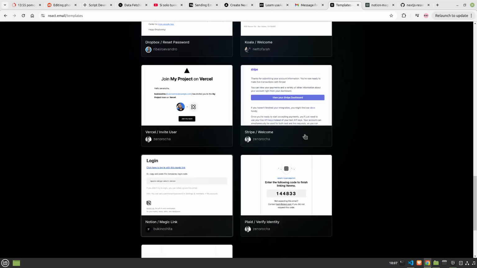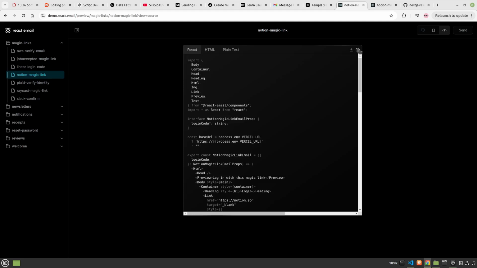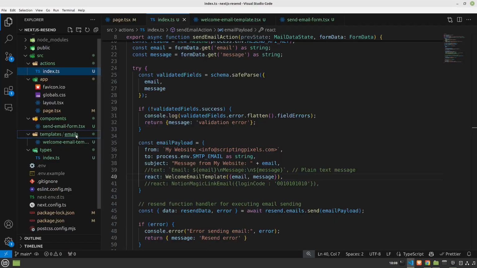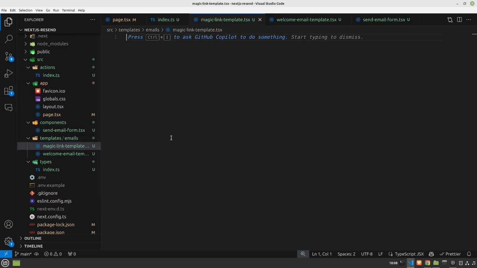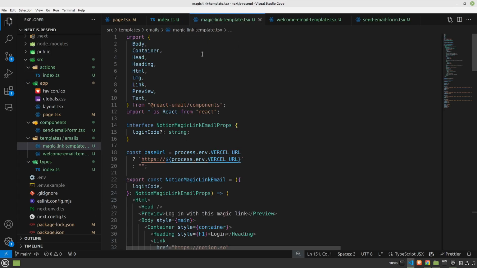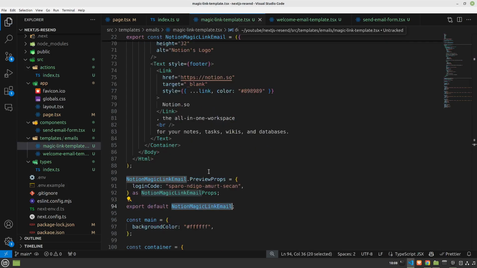If you go to their page here in templates, let's try with this magic link. Go to the source code and let's copy this. Let's add a new file here, magic-link-template.tsx, and let's paste the code here. Okay, I'm going to save this. Let's go back to Actions. And I'm going to copy this name